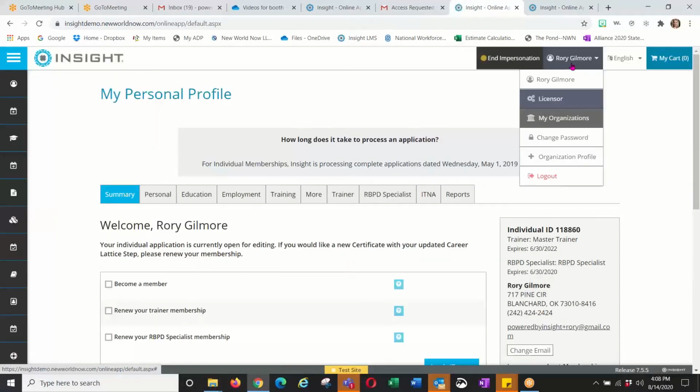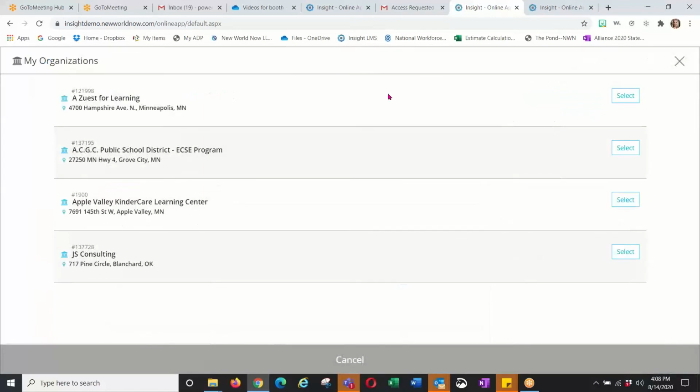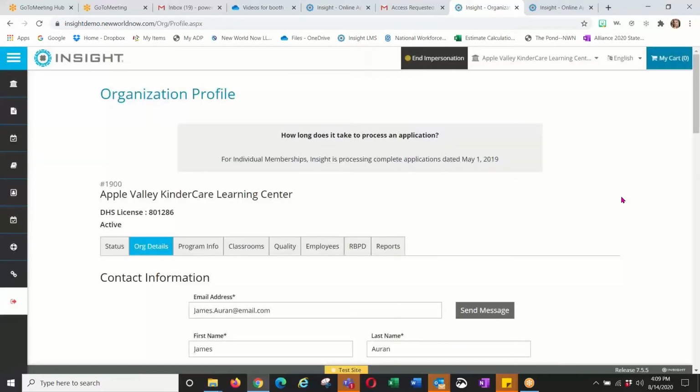Now that that access has been approved, you see now my context menu looks much shorter, but it has my organizations. When I click on my organizations, it brings up all of my organizations. Once the organizations added to an individual's profile hits past 3, it opens up in a new window so that the context menu is not quite so long. And then I can enter each one of these organizations by clicking on the button select. So I'm going to go to Apple Valley Kinder Care,